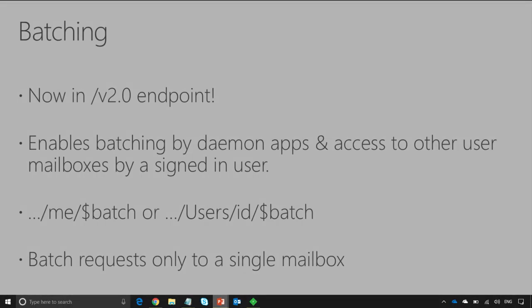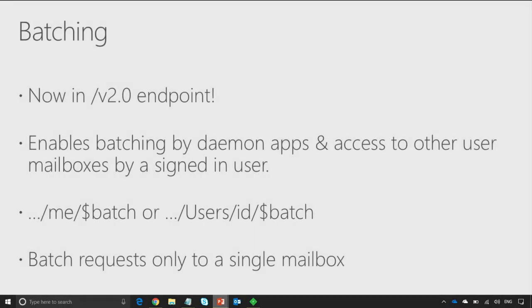And one other thing I want to talk about is batching. So batching is again very, very useful when you're doing a large set of operations against a single user's mailbox, and you can minimize round trips by sending them all in one batch. We had it in preview, and we got really useful feedback from you, and so we have released it in v2.0, incorporating the feedback. The most important one is changing the URL structure to what you see on the slide,